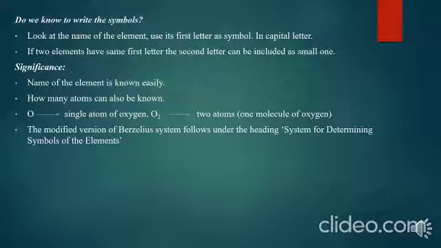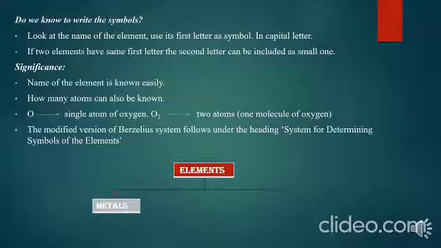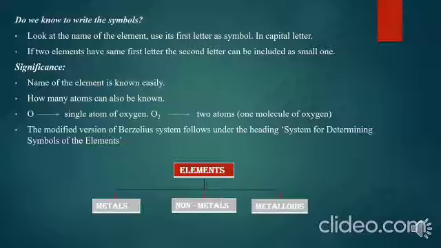Now, the elements are classified into 3 types. They are metals, non-metals, and metalloids. So now we will see about